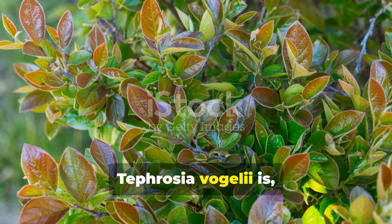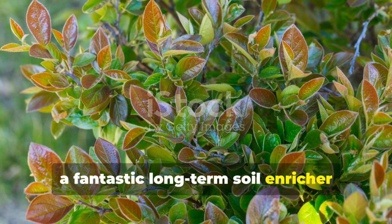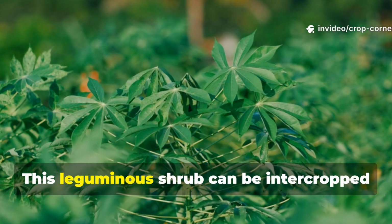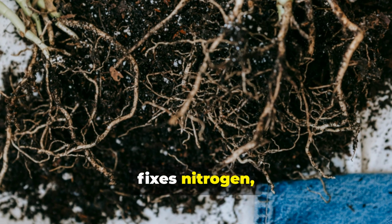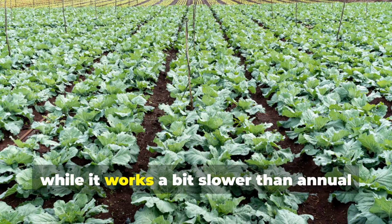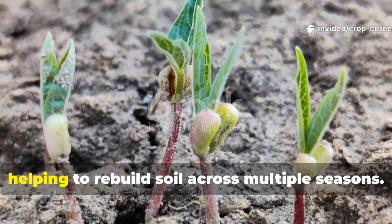So, Tephrosia vogelii is a fantastic long-term soil enricher, especially suited for tropical regions like much of Kenya. This leguminous shrub can be intercropped or even used as a green manure. It's pretty tolerant of poor soils, fixes nitrogen, and steadily builds up organic matter over time. Now, while it works a bit slower than annual cover crops, it really does offer perennial benefits, helping to rebuild